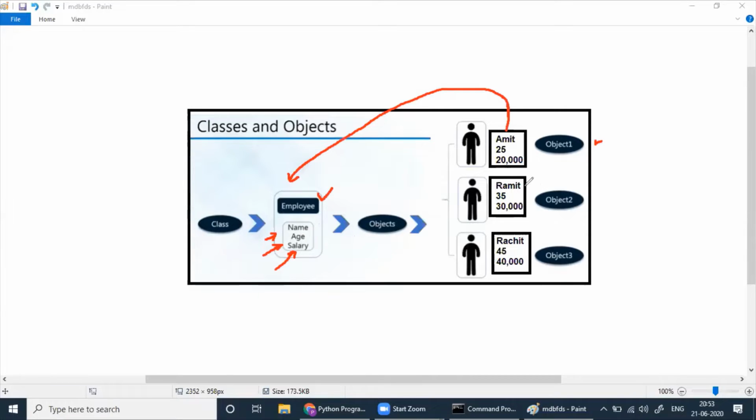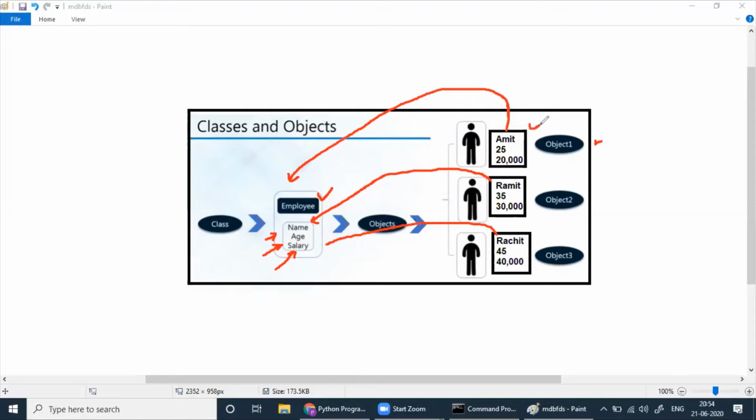Similarly, we have another employee, Ramit, and three things are given for Ramit: name, age, salary. Similarly for Rachit also, you have name, then age, salary. Three things must be there.